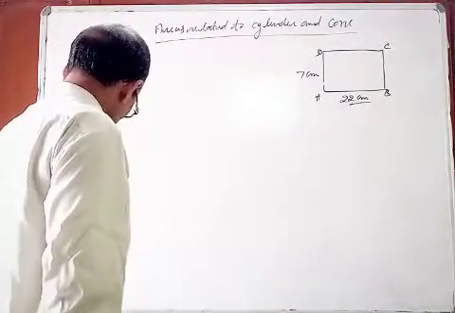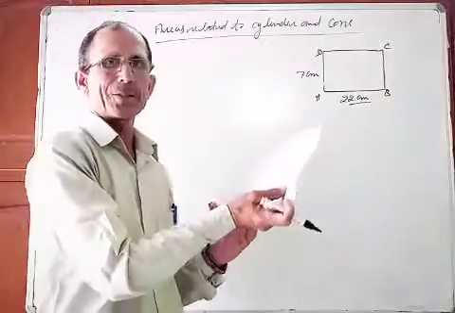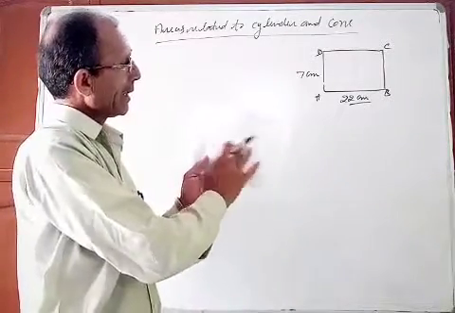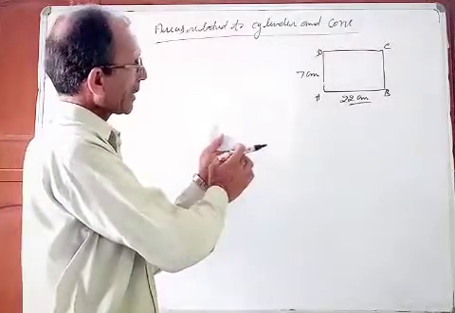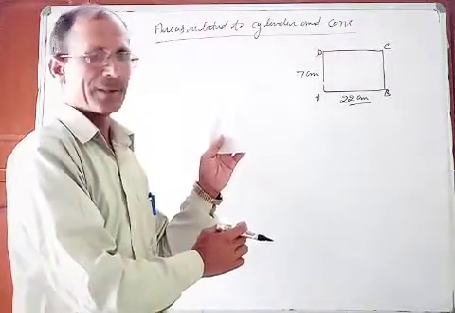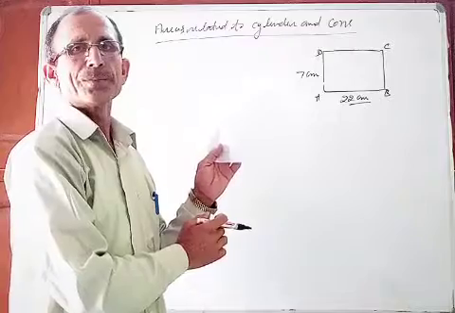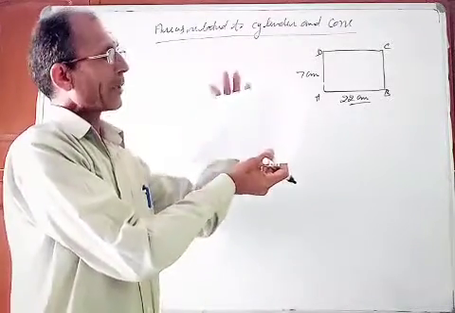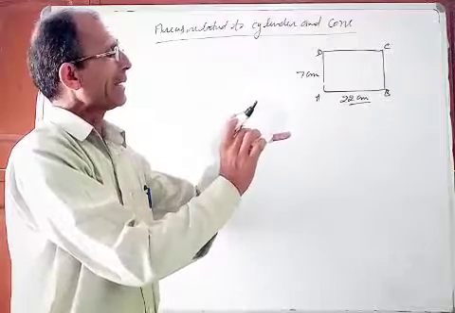By seeing this paper, you will understand easily. The length of this rectangular paper is 22 centimeter and breadth is 7 centimeter. If I roll it like this,